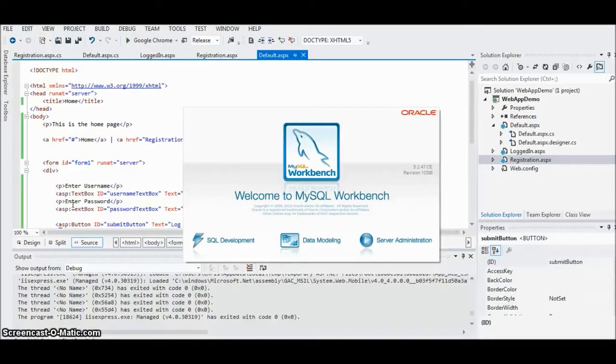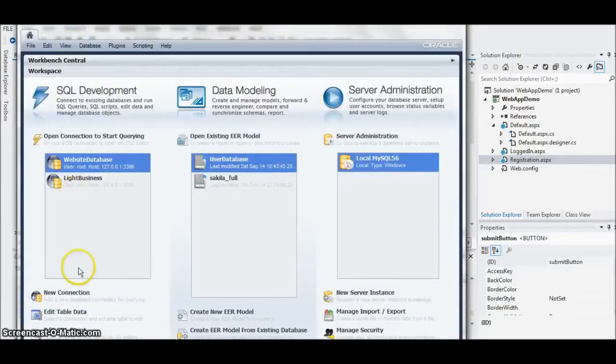So let me just go ahead and connect to my SQL Workbench. We're going to create a new schema for this web app demo, and we're going to create new tables for it too. So now that we're here,